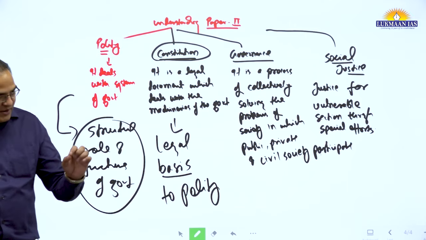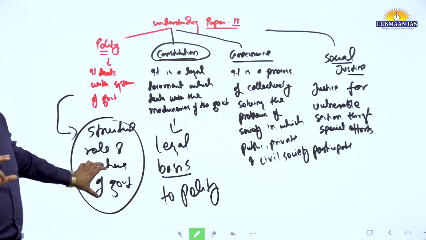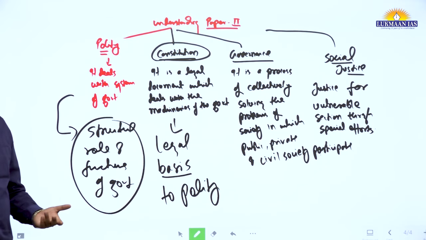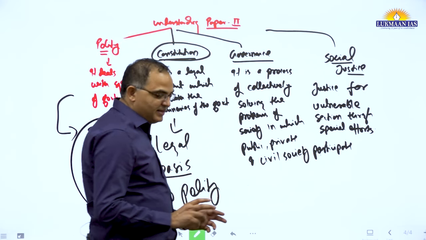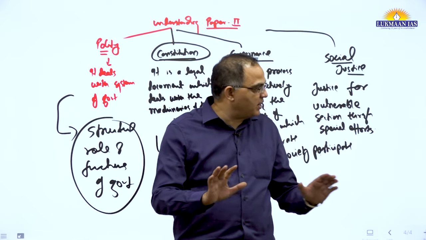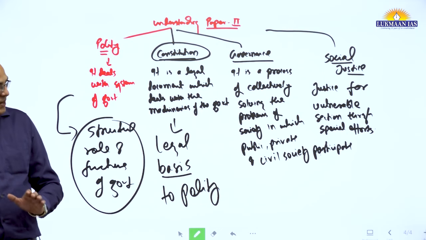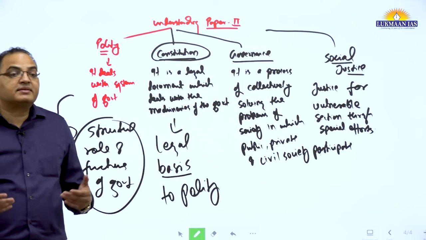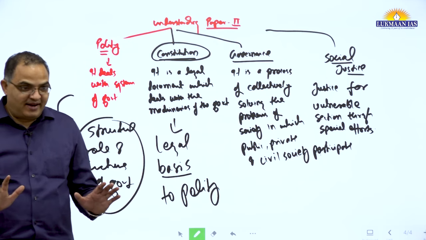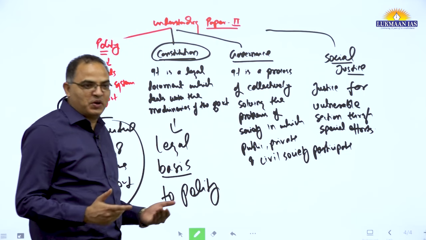So if you do not have a legal backup to this polity, if this structure has no legal backup, then the structure will not remain a structure. It can be frequently changed by any government. Getting it? That's why society, when society has evolved, it has evolved with a democratic polity. And that democratic polity has also evolved with a system of constitution, which is nothing but a law. Constitution से डरना नहीं है, ये law है. जैसे और कोई भी law होता है, वैसे constitution भी एक law है.